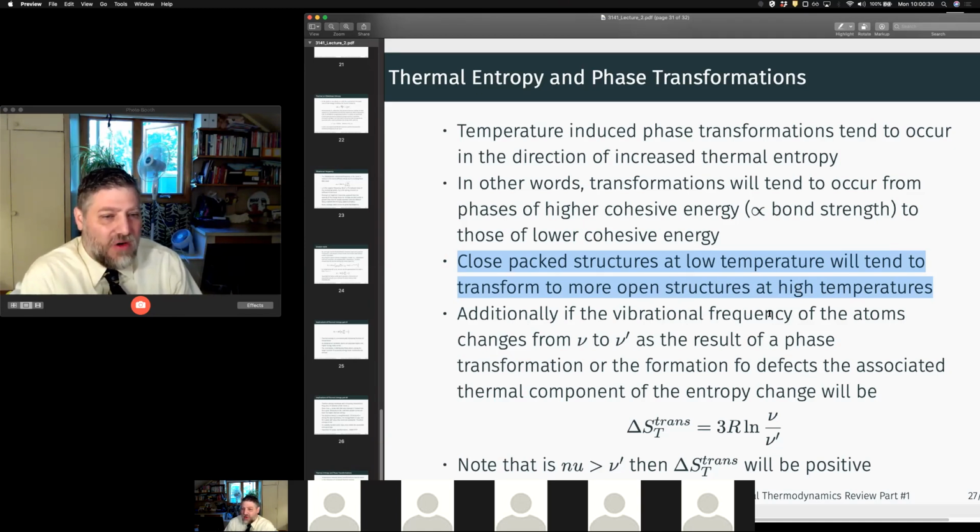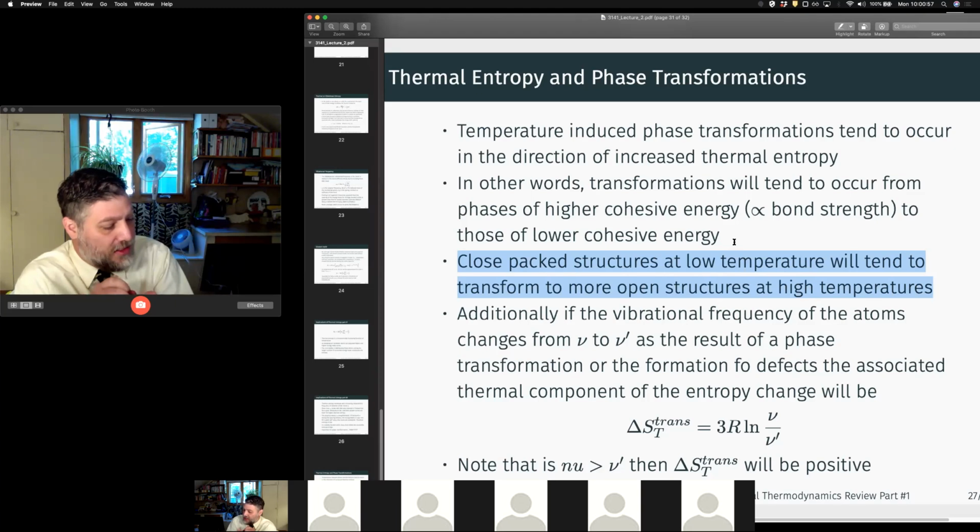So we can't always use the nature of the structure to determine which way things are going to go. Sometimes we get counterintuitive things that happen. But in general, the direction of our temperature-induced phase transformation is going to follow this notion of